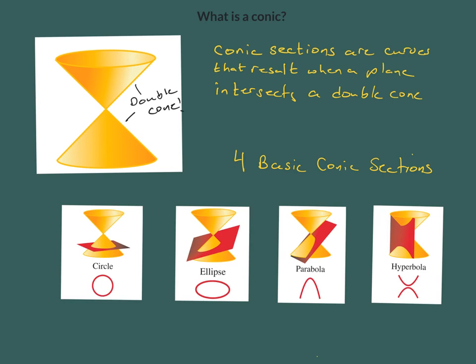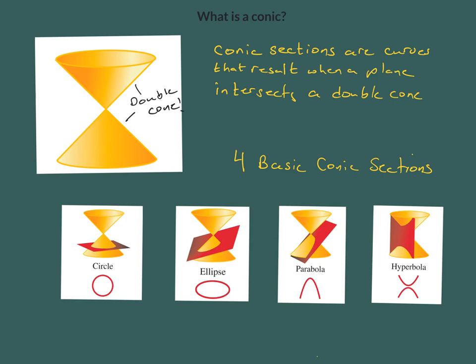And what's going to happen is that a plane is going to intersect this double cone at various angles. So if that plane, like in this first one here, is parallel to the base of the cone, we'll get a circle. Imagine that this double cone is like an ice cream cone, so it's hollow inside. When that plane intersects the cone, you're just going to get that set of points right there,